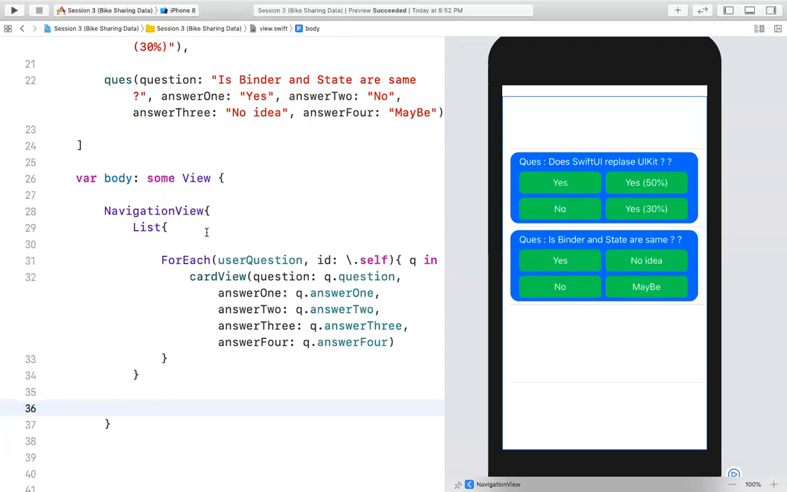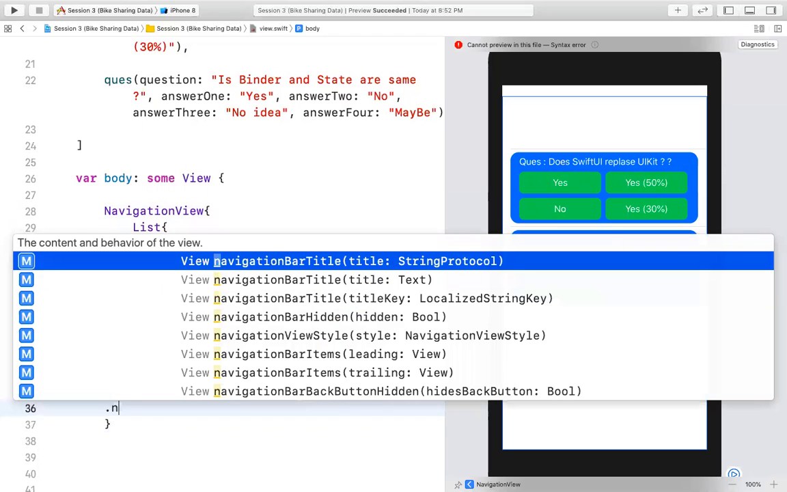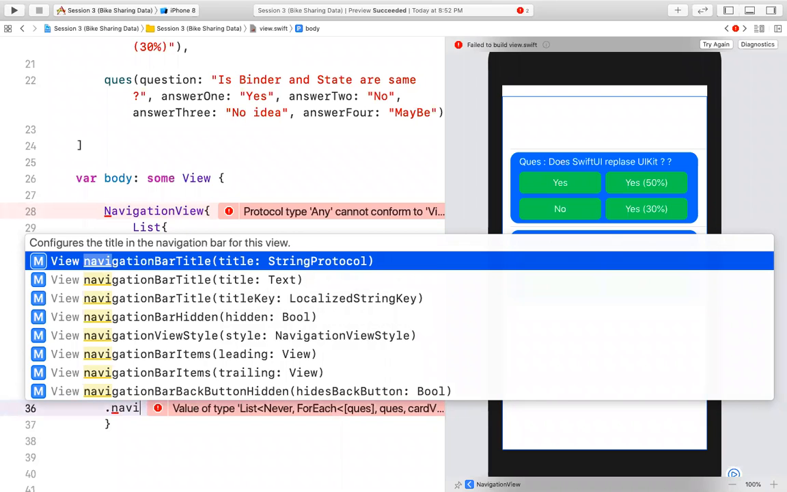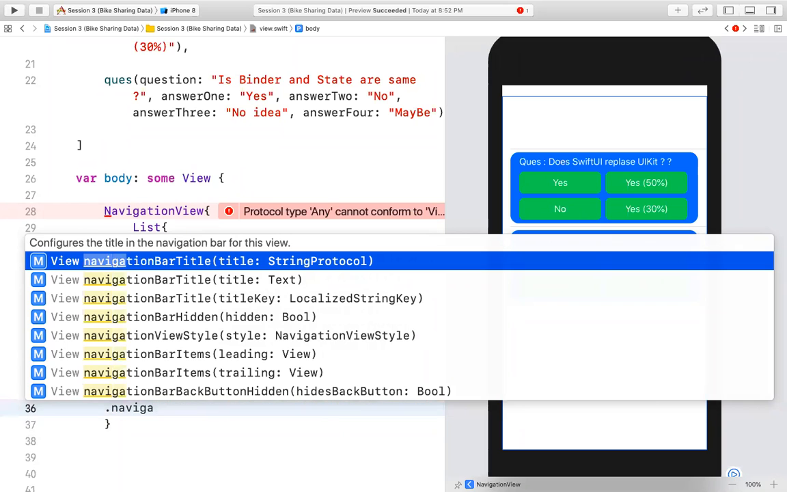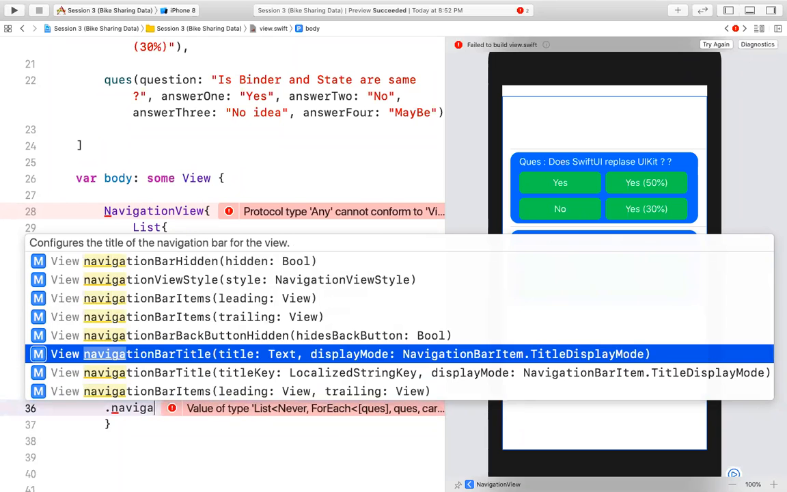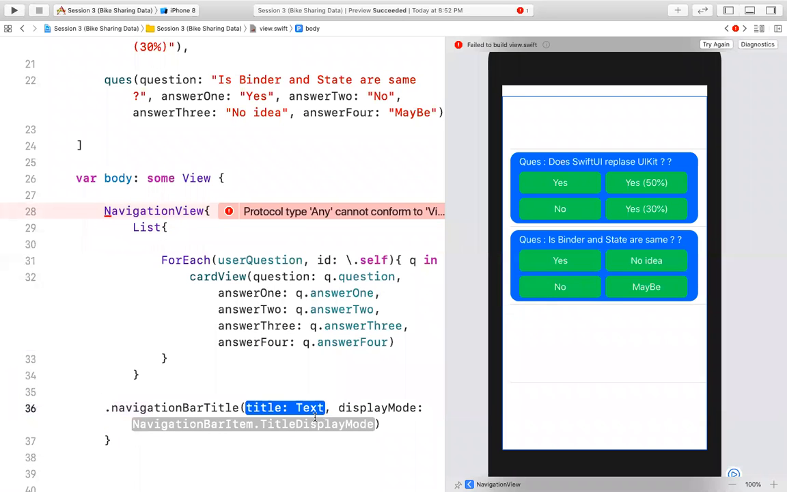Just come over here, line number 36, just before where the navigation view ends, and put dot, navi. So a navigation bar contains a lot of things like title, the type of the title, the left button, the right button, etc. So first we will set the navigation bar title, dot navigationBarTitle. Let me search this one. You're able to see this text, navigationBarTitle and display mode. Just enter it. So the navigation bar title we can say is Test,